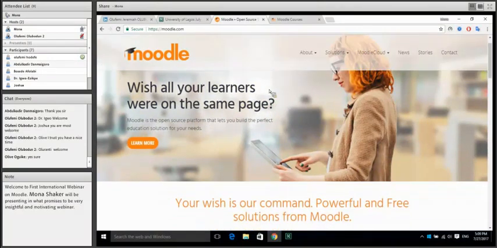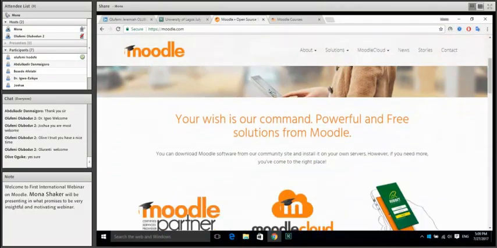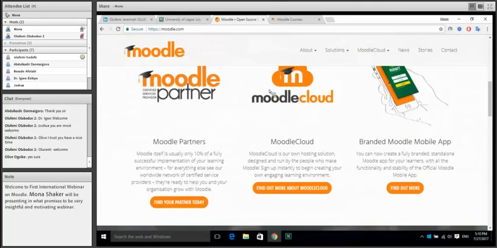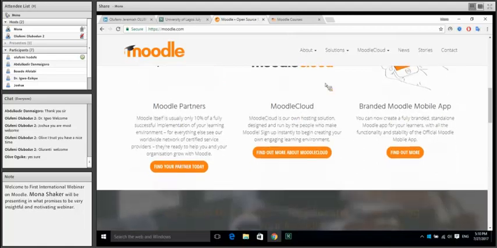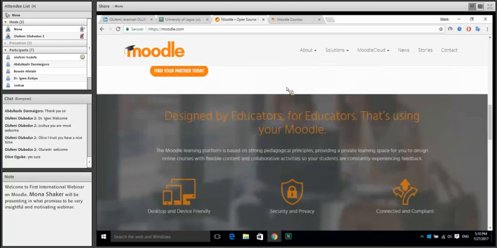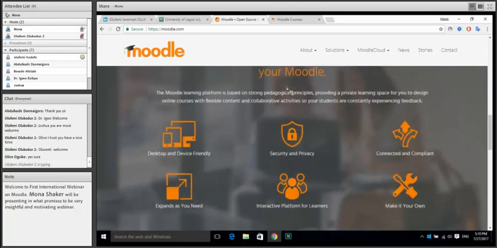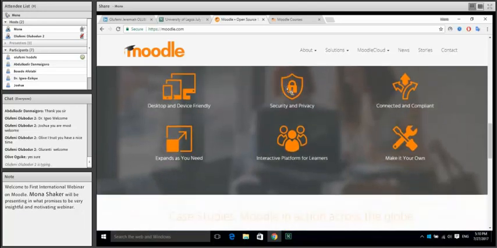When you first enter the Moodle website, as you see, you are here in the Moodle website and Moodle technology. Once you enter the website, they introduce you to the Moodle partners, Moodle Cloud, and the branded Moodle application. Moodle Cloud, we are going to talk about it, but not now. Some of you may not understand